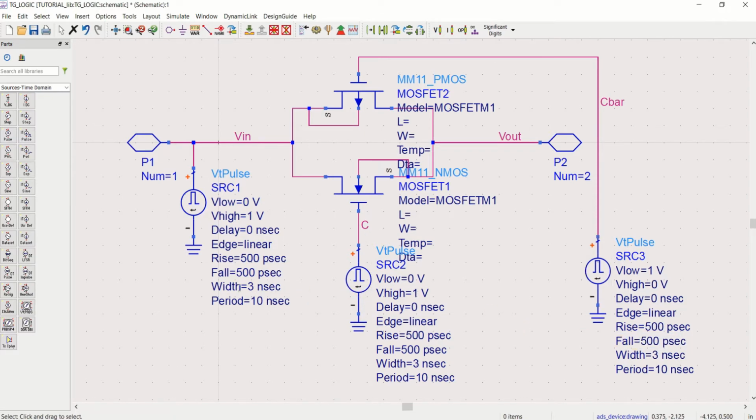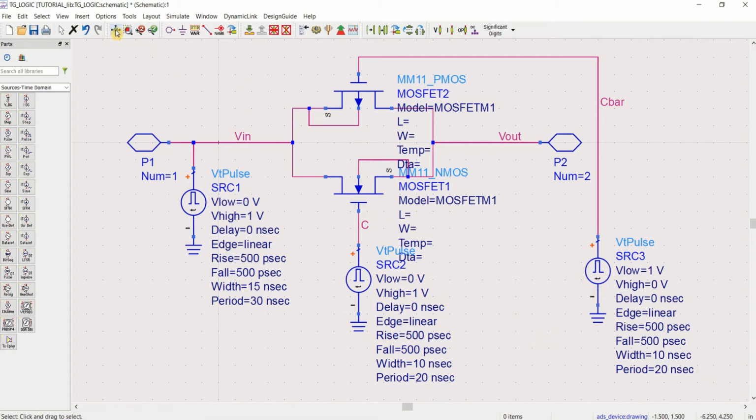Then change the width of the pulse to like 15, and the period of the pulse is 30. Similarly, you can change the width of this control signal to 10 and 20. This is also 10 and 20.